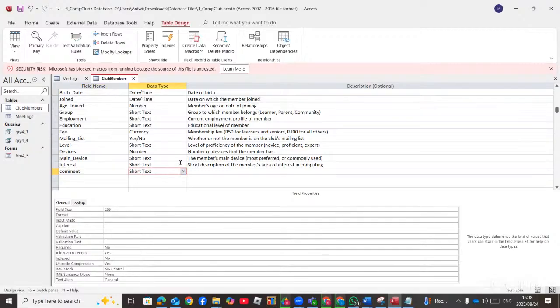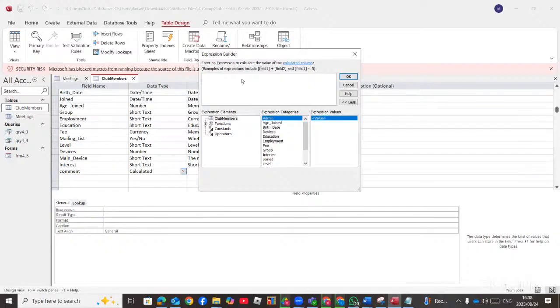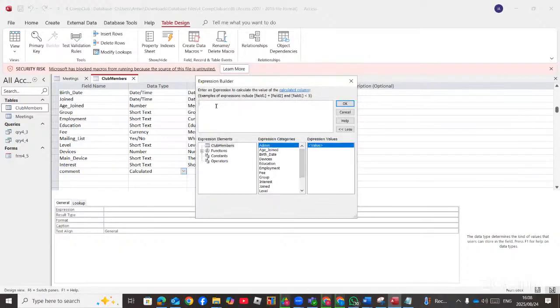Now to do calculations, we change it from short text to calculated. And then you put your calculations here. Now, how do we do this calculation? The question says, if the member's age joined is more than 60 years, then we say old employer, otherwise we make it new employer. So now, we start by typing if statement, double I F. If 60 years is less than